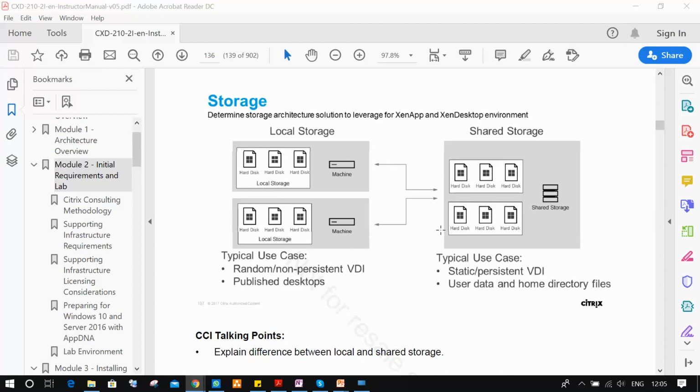So please take a screenshot. It's very important for you. We will set up the lab, and when we are delivering a type of use case, we will use that type of storage.